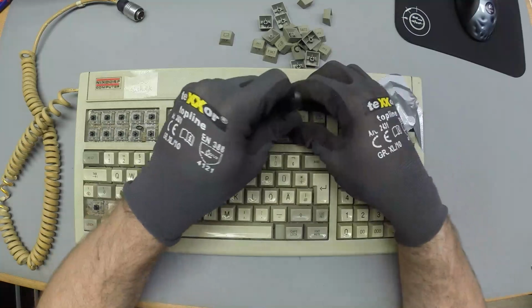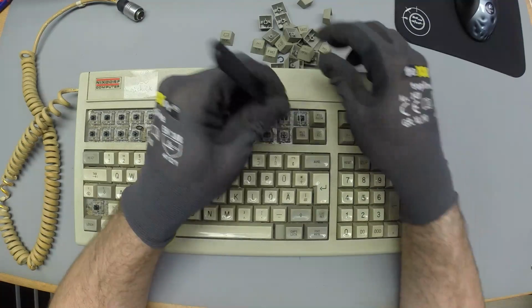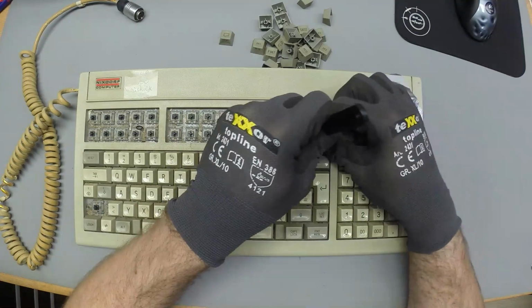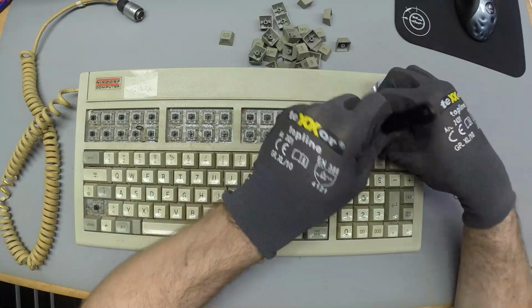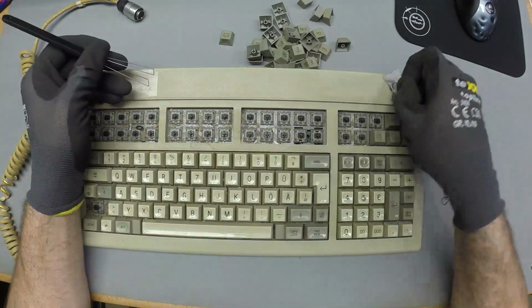So I'm just going to be pulling off these keycaps. Not a lot of magic in these keycaps, so I guess some of the unicorn poop is just poop, and some of the unicorn poop is magic. These keycaps are...